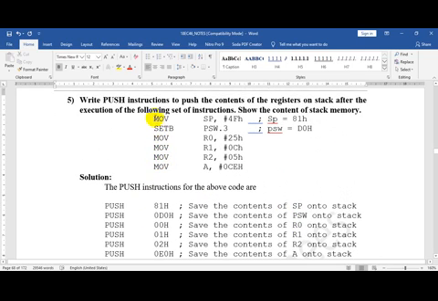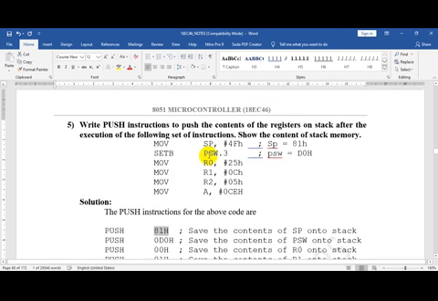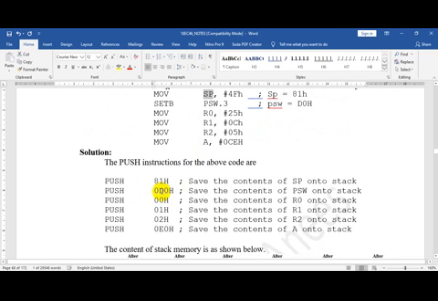First, to save the contents of the stack pointer, push 81H. Then save the contents of the program status word, whose address is D0H. Then R0, R1, R2, and at last the contents of the accumulator.